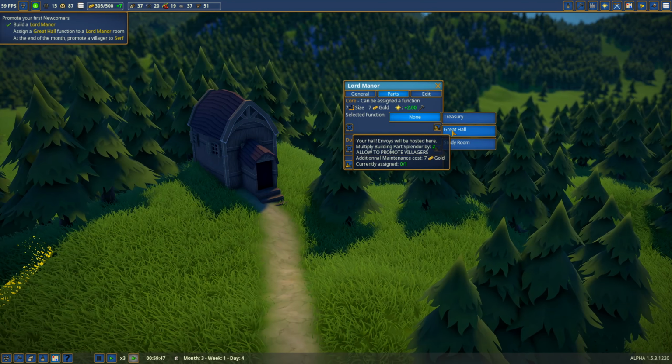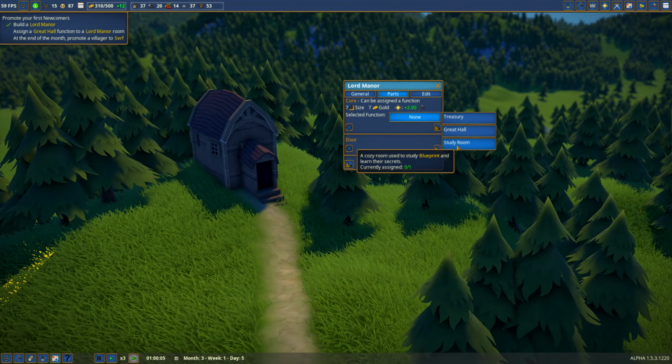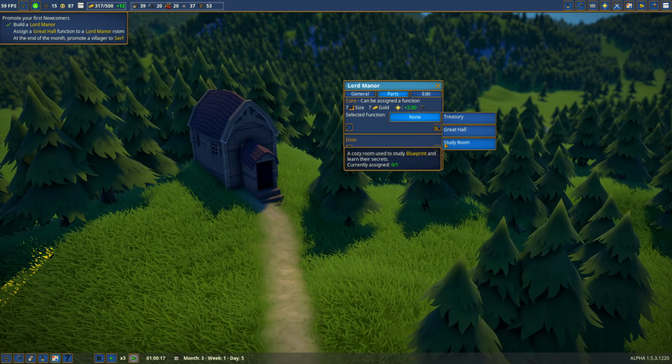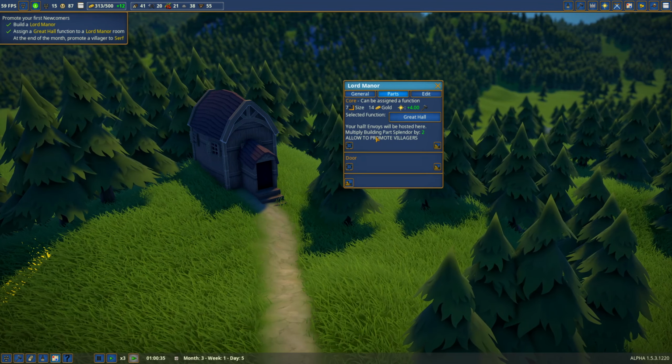This, in all caps, allows us to promote villagers. This is what we need. You can also do the treasury, and the study room is also new. There are secret blueprints that the developer said is in the game, but they don't tell you how to find the blueprints. It's a mystery so far, but right now we'll assign a Great Hall, and this allows us to